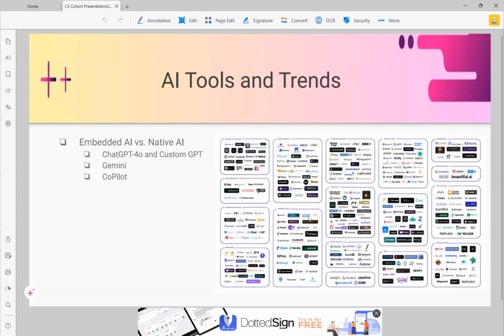The second is, when we were talking about ChatGPT and Custom GPT, you have Gemini, you have Copilot, you have Claude 3, you have Llama, you have all of these AI applications that are coming out from different companies. In my opinion, ChatGPT is still the best, just because it's been tried over and over again by a lot of people. And sure, it's got its limitations, but from comparing it to everything else, it's still really good. It's a really good AI system to start playing with.